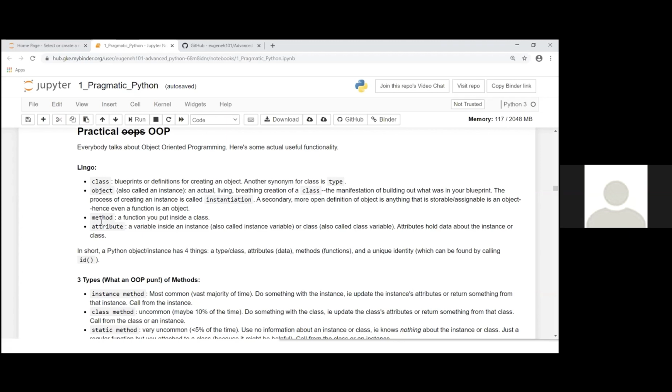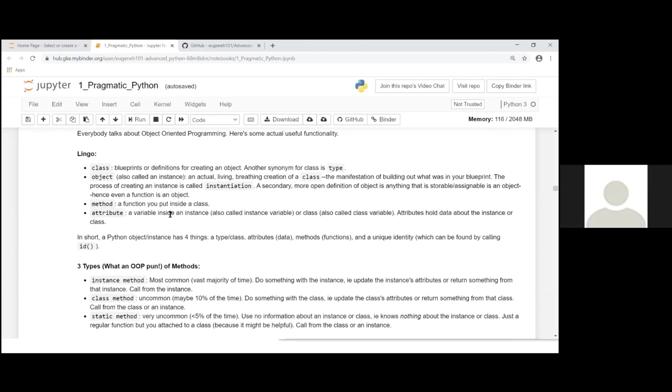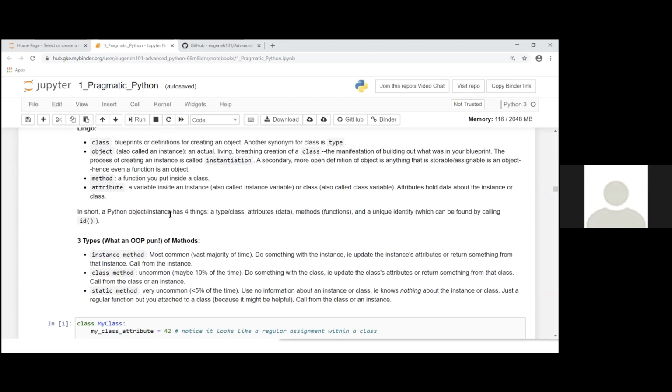So what is a method? A method is just a function you put inside of a class. That's all it is. That's just a fancy word for a function. There are some properties that are unique to methods, like the method has access to the class. So there is a hidden attribute on top of the method object that you could find, like class name, file name, and so on. But those are very technical details that are not too important. And lastly, an attribute is basically data inside a class.